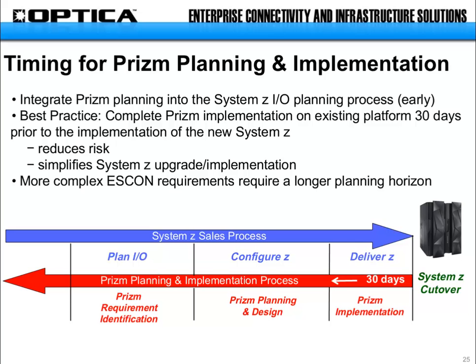This will allow you to implement Prism and make sure that the migration to Prism goes seamlessly and goes well. Those devices are validated in terms of end-to-end connectivity, and you have everything set up in your existing environment relative to Prism prior to migrating to the new mainframe. That simplifies your cutover to the mainframe when that day comes, and it eliminates or reduces your risk when you